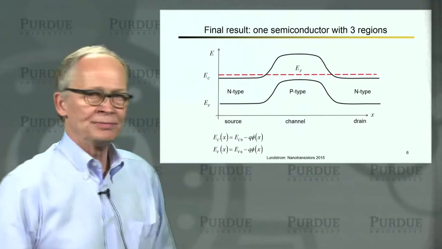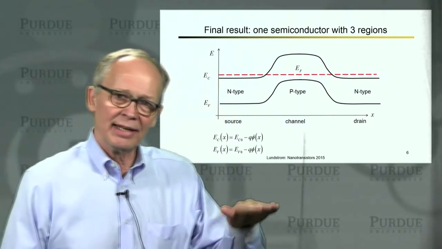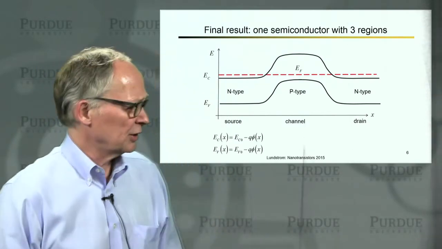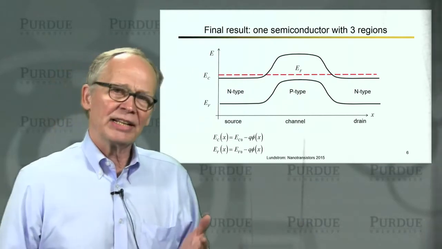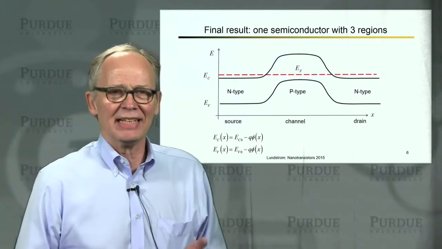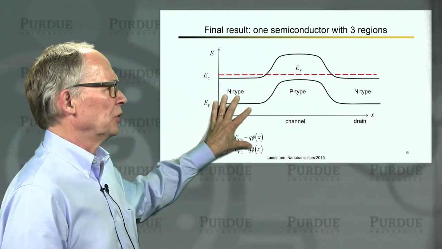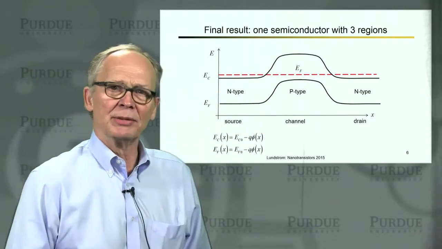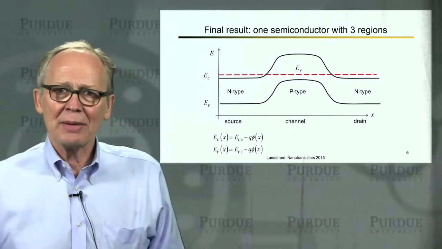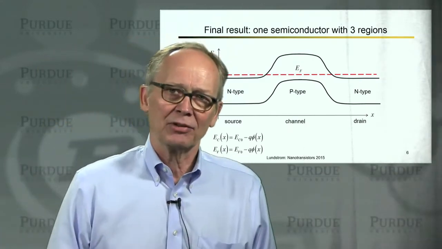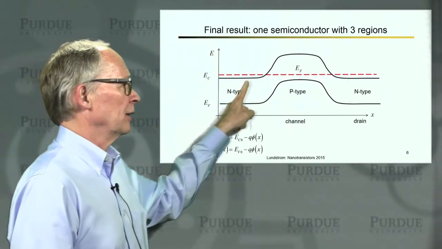Here's the Fermi level. That's the equilibrium energy band diagram along that top surface of the MOSFET. Now, this is an N-channel MOSFET, so it's really electrons that are giving us the IV characteristics. So I really don't have to worry about holes, and I don't have to worry about the valence band. So I'm just going to draw the conduction band from now on. So we'll just be looking up here at the